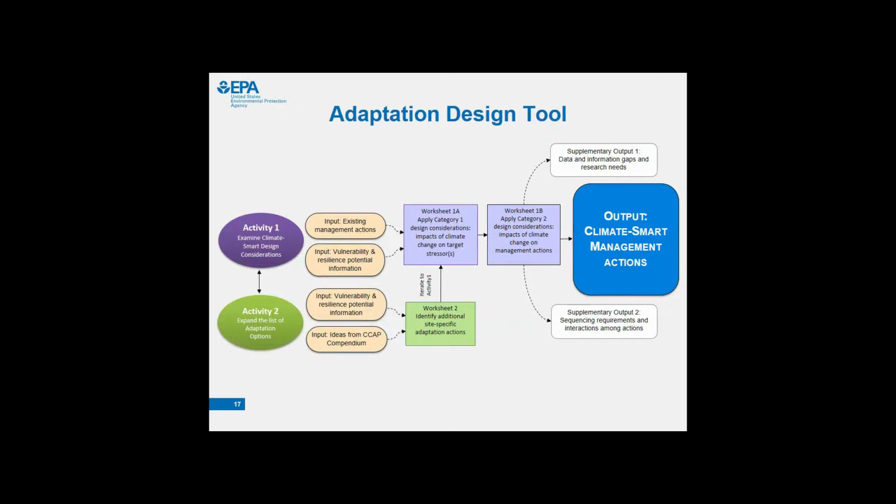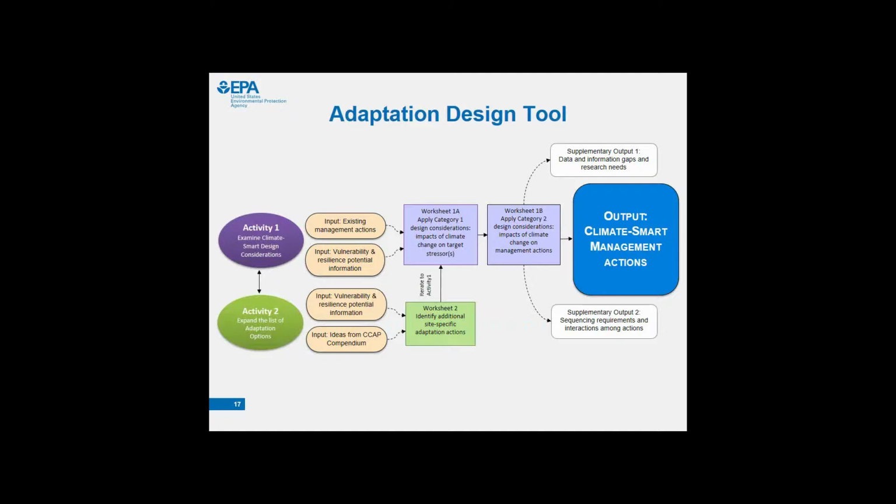The one piece that we have not had time to focus on in this course are these 2 white bubbles, which are the supplementary output 1 and supplementary output 2. So I wanted to take a minute or two to give you an idea of what that's about. As you know, all 3 of the worksheets that you've used have a notes column where you were encouraged to write down information, ideas, considerations, anything that came up. And those things fall into, we have found when working with experts, 2 basic categories, one being data and information gaps and research